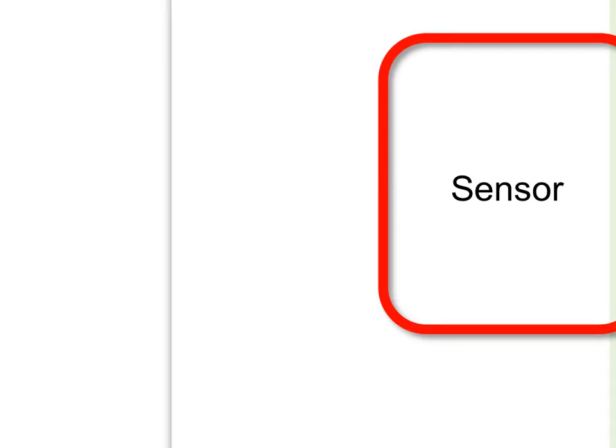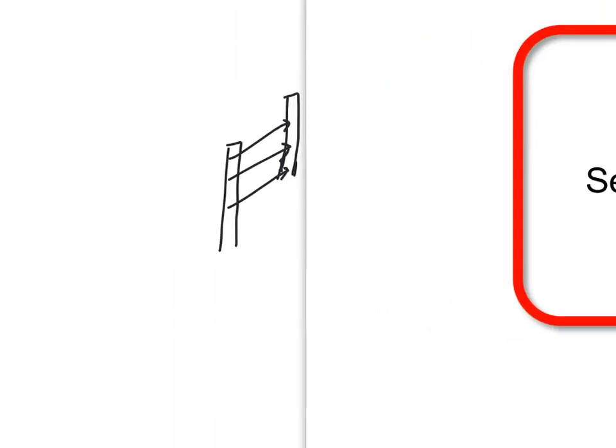For example, let's say that there is a light curtain, so no one can walk through this way, and let's say that there is a worker who is banned from passing this way. But if he passes this way, like this,